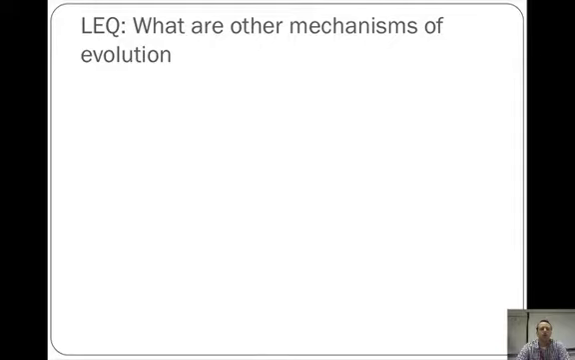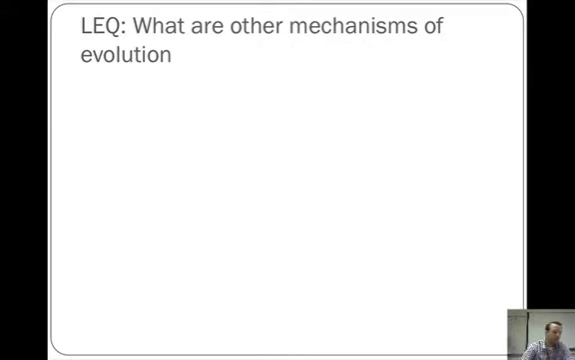Today's LEQ is: what are other mechanisms of evolution? We already talked about natural selection. We talked about fossils, comparative anatomy, and biogeography. Those are all evidence of evolution. There are actually a couple more we're going to get into today, especially gene flow and